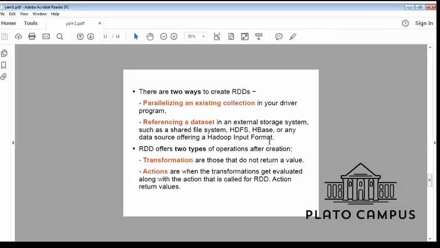After creating an RDD, it offers two types of operation on it, either transformations or actions. Transformations do not return any value, while actions do return values, and when transformations get evaluated along with actions, it is called RDD.